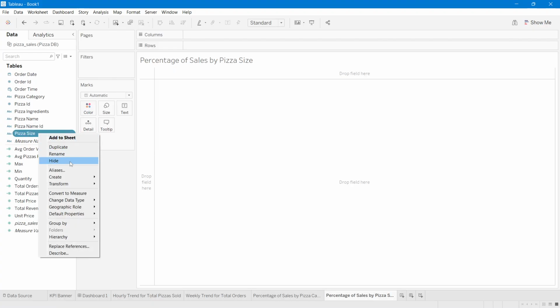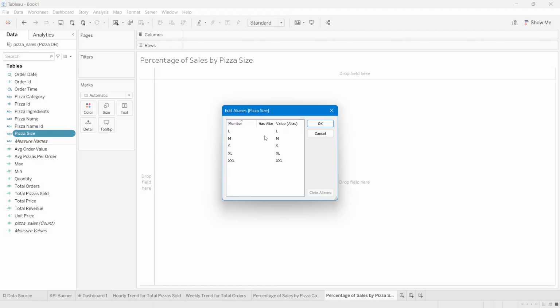pizza size dimension, then create, go to aliases. Aliases is nothing but we are temporarily changing this name in our workbook or sheet. We are not changing anything at the data source. In the data source we are not allowed to change anything, we can do it in the front end. In the front end we are giving a temporary name for this, and L should be